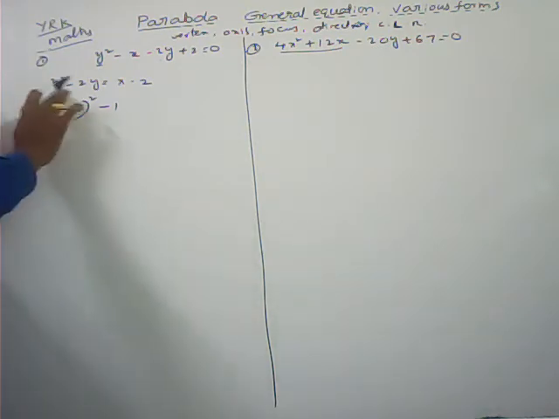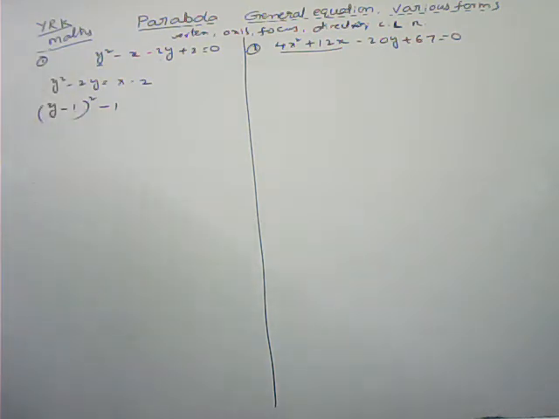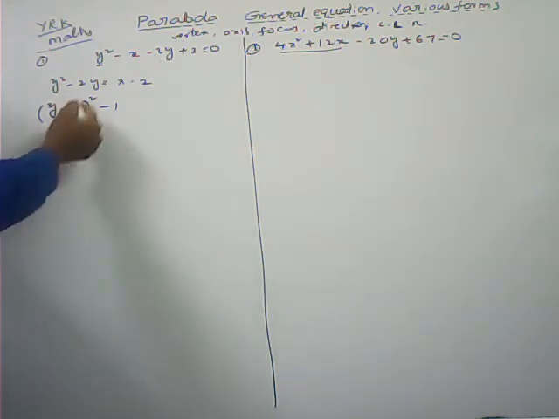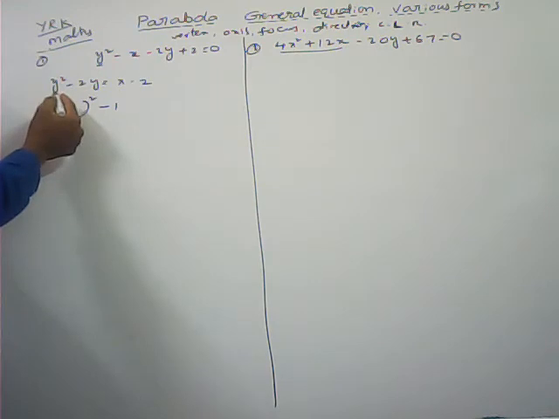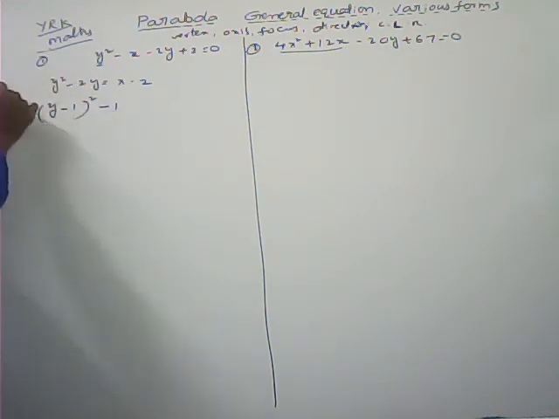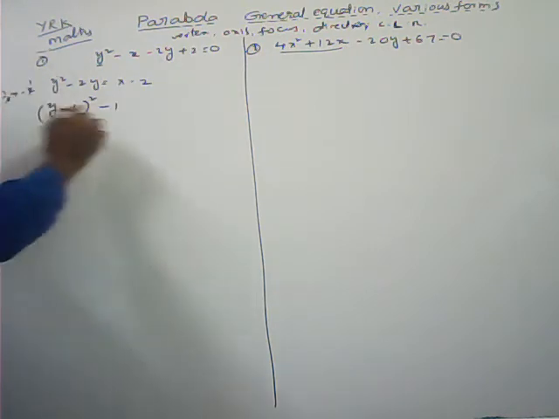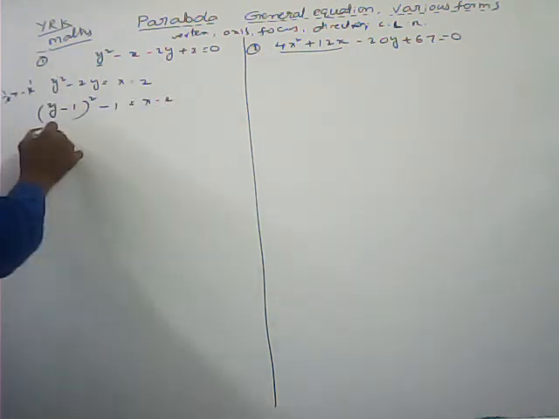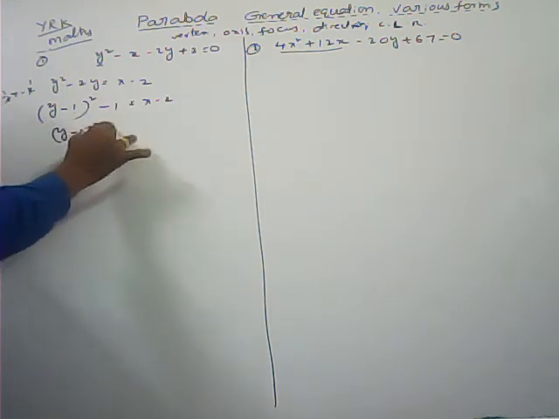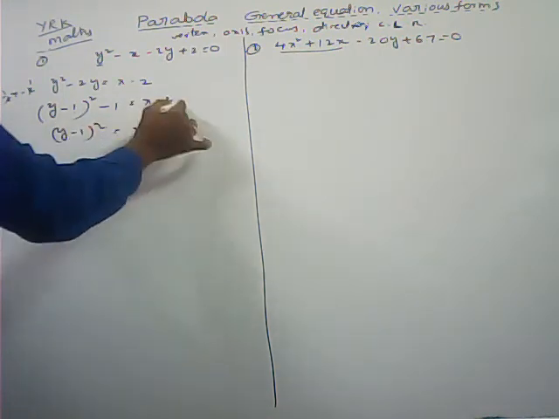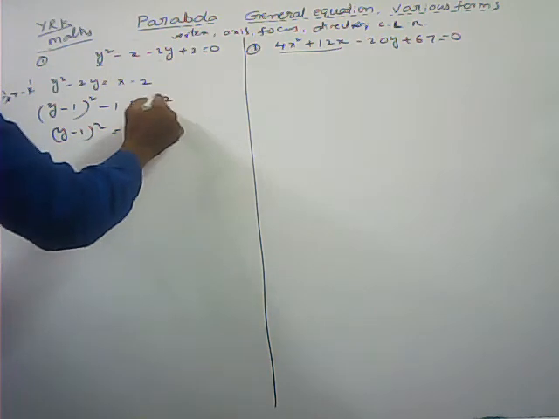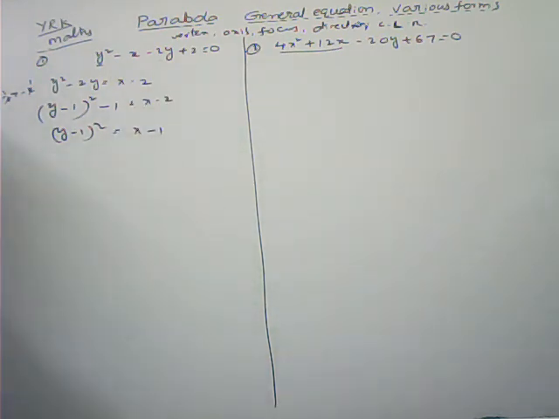If a square plus 2ab or a square minus 2ab is given, we have to add b square and immediately we have to subtract it, to make it a completing square. In the place of y square you can write y, and half of the y coefficient, minus 2, gets cancelled, minus 1 whole square. Immediately you have to subtract the square of this one, is equal to x minus 2. So y minus 1 whole square is equal to x minus 1, plus 1, we can get plus 1 minus 2 plus 1, that is minus 1.